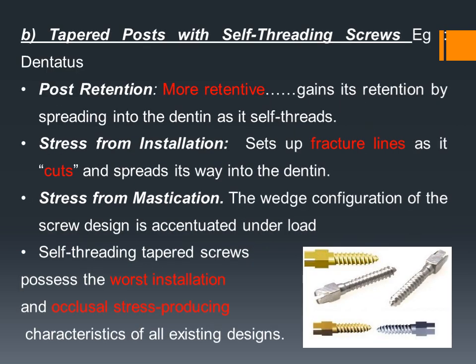We'll move on to the custom cast metal post. The indications for it are when multiple posts and cores are required in the same arch, and when posts and cores are being placed in smaller teeth like a lateral incisor. Also, when the angle of the core must be changed, meaning if the tooth is inclined, rotated, mesially placed or distally placed, a custom cast metal core is indicated, so that we can change the direction or inclination of the tooth core.